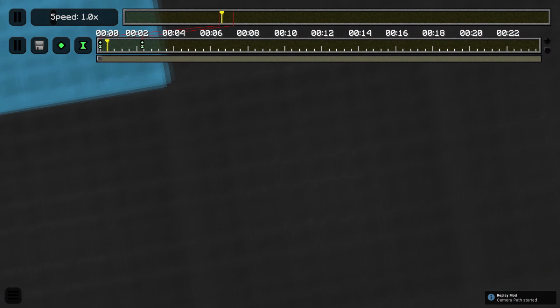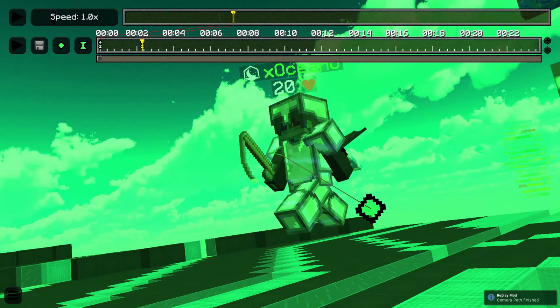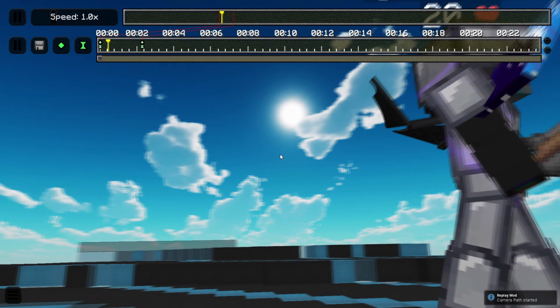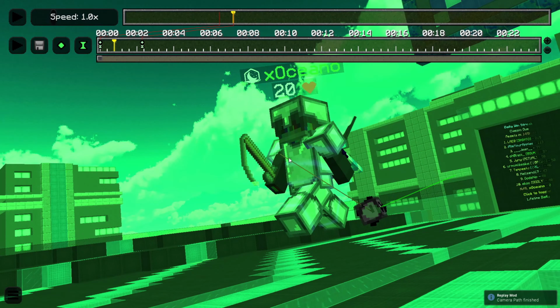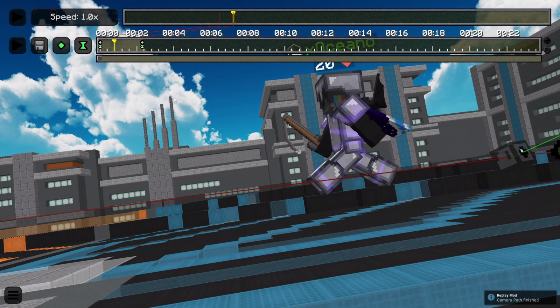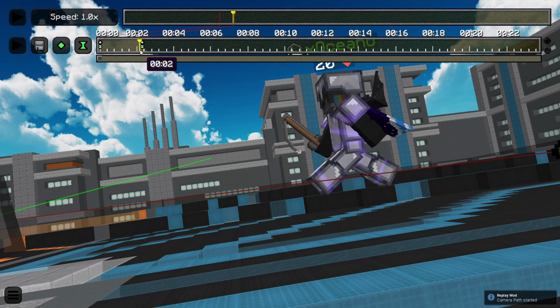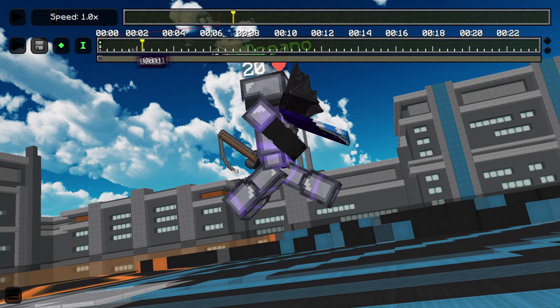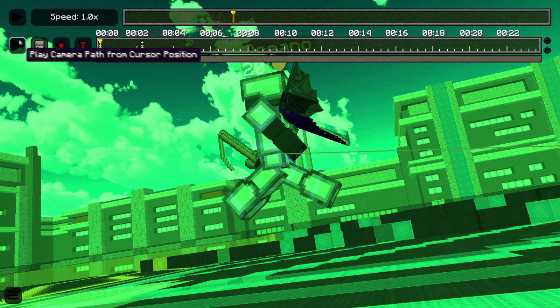If I go back here, see how it's facing the ground? That's a weird glitch, and you don't like that, right? So press T when that's happening. But see how I go right through the character? I don't want to do that. So I'm going to go here, and see how they're red? I'm going to unselect them, and go like this. That way, it curves around, okay? So now if I play this back,